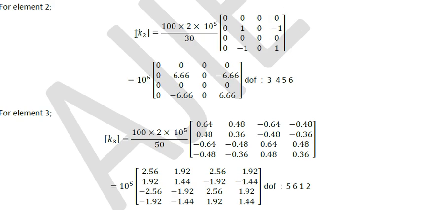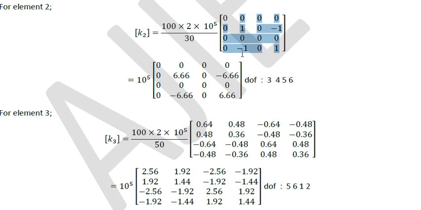Similarly, for the second element, area is 100 millimeter square. Area is the same throughout. It is not different for different elements. It is given as 100 millimeter square, which means it is the same for all the 4 elements. E is also the same for all the 4 elements. Only length is changing, and the corresponding values of L and M are as per the table, which we have calculated in the element data table.